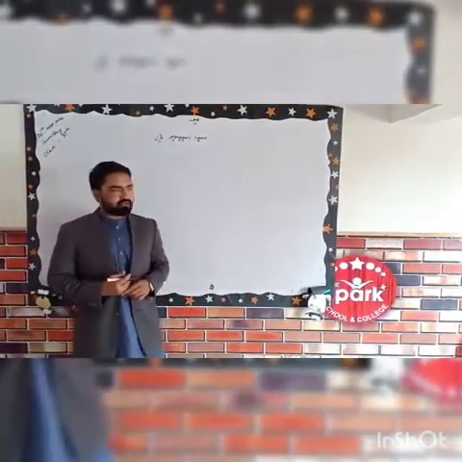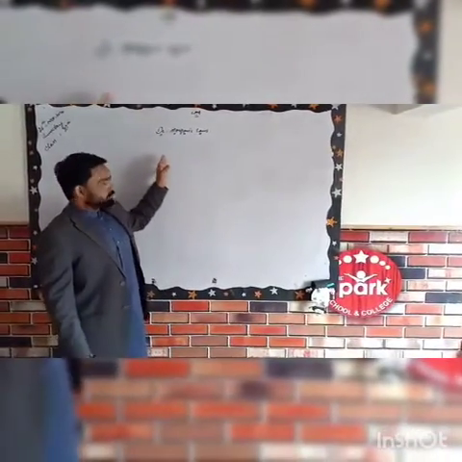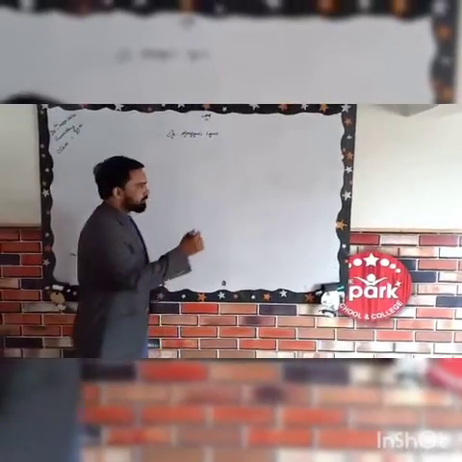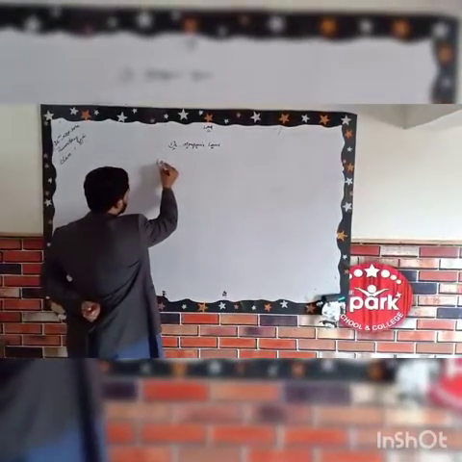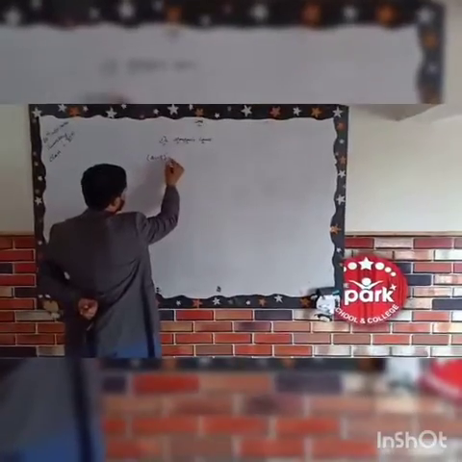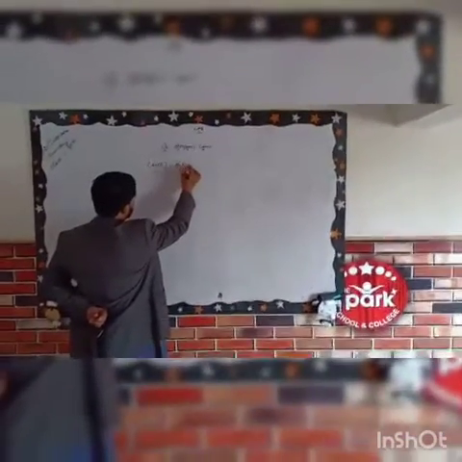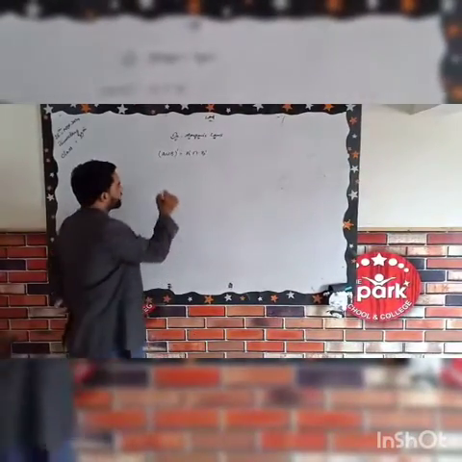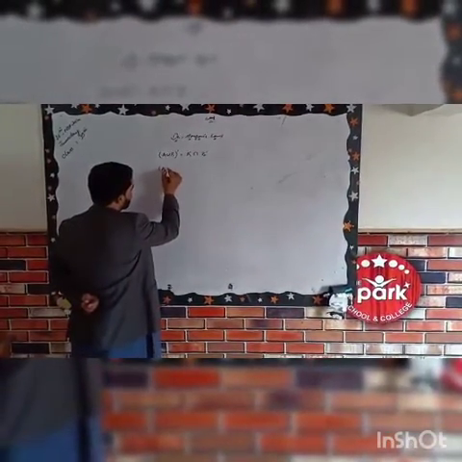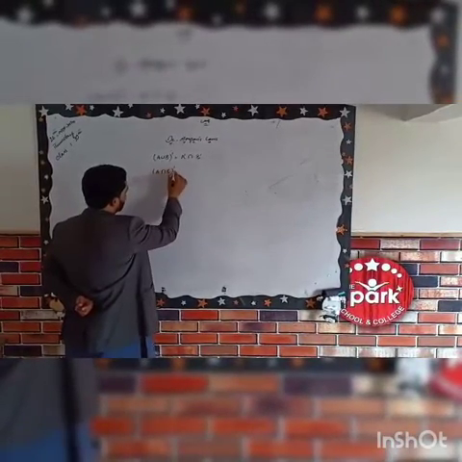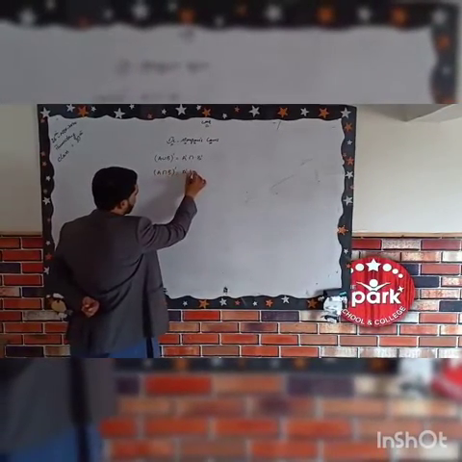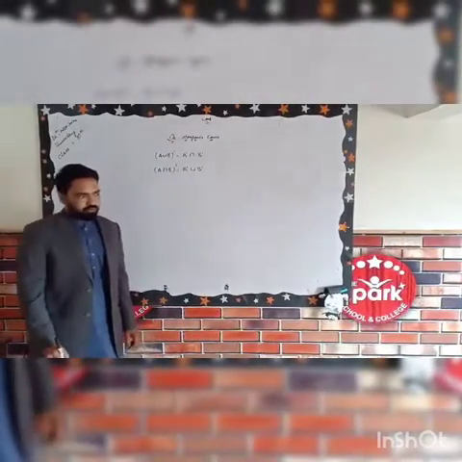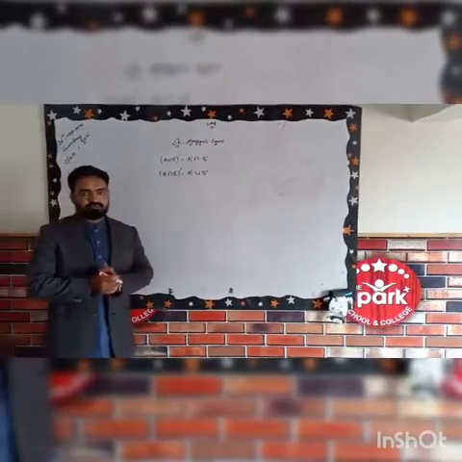In today's class, we are going to discuss De Morgan's laws. De Morgan's laws actually consist of two parts. The first part is (A union B) whole complement is equal to A complement intersection B complement, and this is the first half of De Morgan's laws. The second half is (A intersection B) whole complement is equal to A complement union B complement. So these are the two laws given by De Morgan, which totally consist of sets.